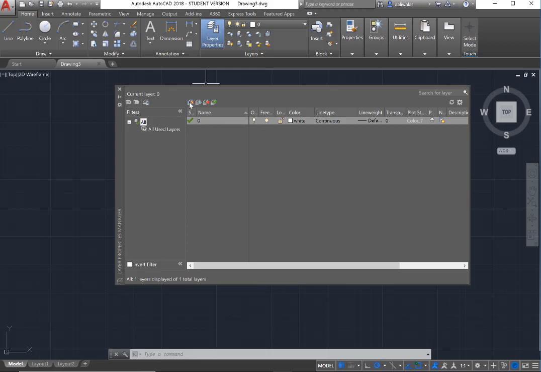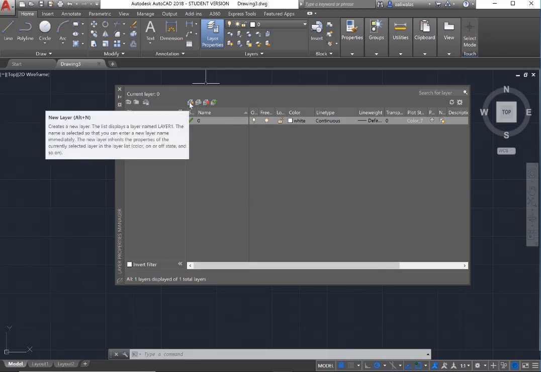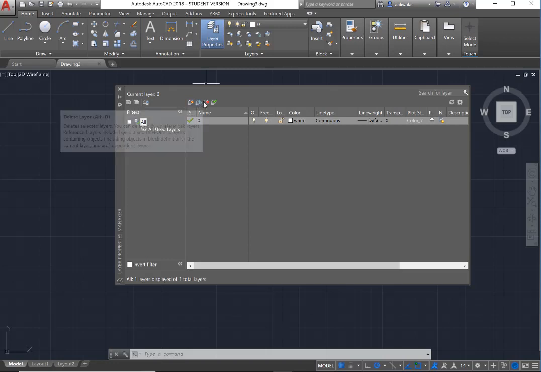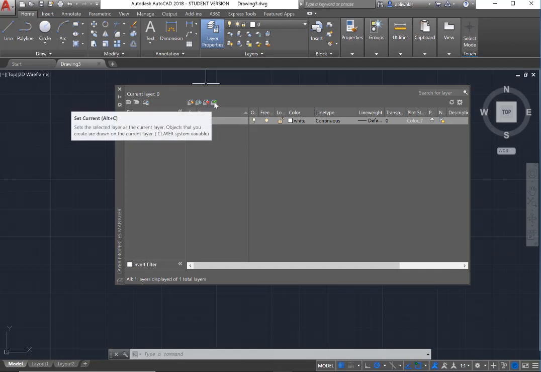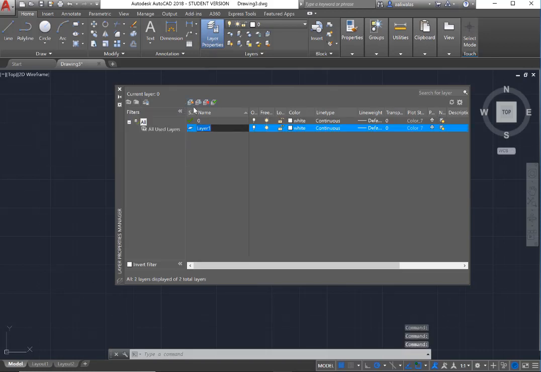So the first thing we're going to do is take a look at this top row. The first one is new layer, so this is what we'll use to start a new layer. This one here is frozen in all viewports. This one is delete layer, and then this is to set the current layer as the active layer. So click on new layer